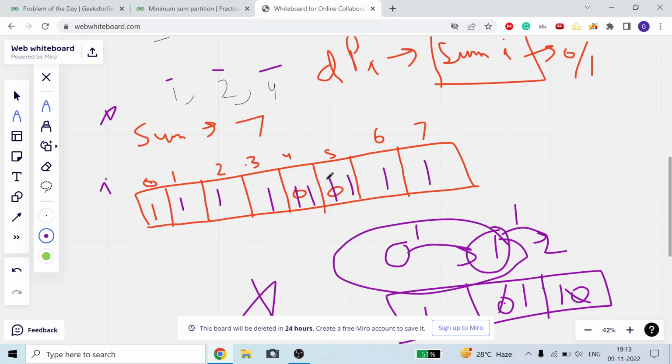Okay, so how will I check it? Either you can start from here and check each minimum difference, or what you can do, you know the sum is equal to 7, so we'll find the mid sum. What is the mid sum? Sum divided by 2. 7 divided by 2 is 3, plus 7 modulo 2, which is 1, that is 4. So you will start to check from index 4,